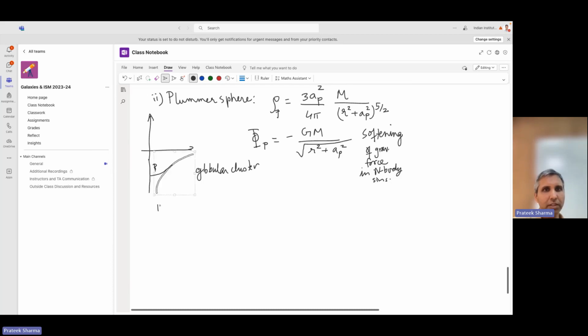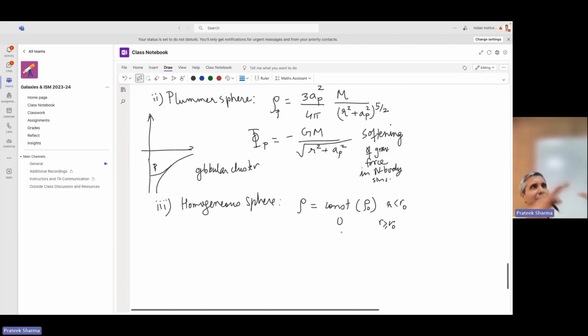What else? So you have a homogeneous sphere. This is like rho equals constant, rho naught for r less than r naught, and 0 for r greater than r naught, right? So it's like a constant density sphere. This you have also done. So this has a total mass equal to 4 pi by 3 rho naught r naught cubed, and